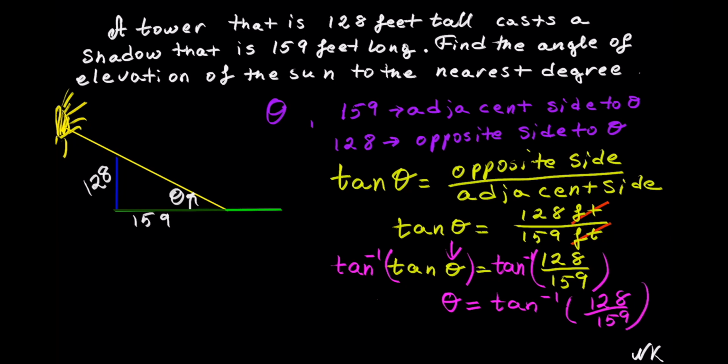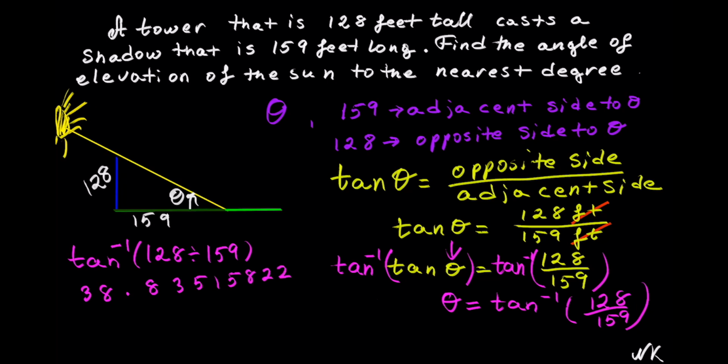On your calculator, make sure that you get tangent with the -1 in the upper right corner, because otherwise you're just using the regular tangent function that calculates sides, and you want to use the inverse of tangent because that calculates the angles of the ratio of 128 divided by 159. My calculator is in degree mode and I got 38.8351. The problem is asking me to round the answer to the nearest degree, so we'll be rounding off to this